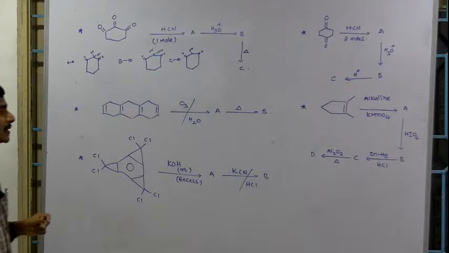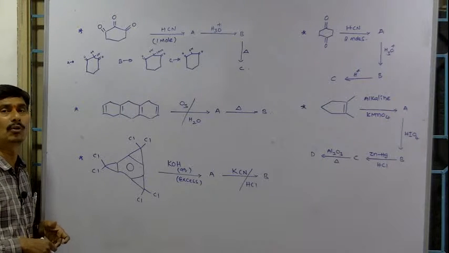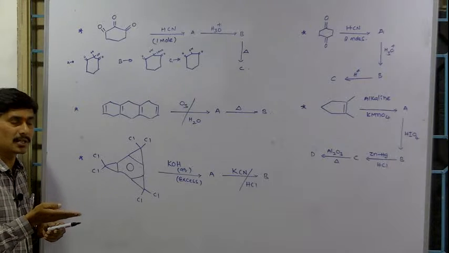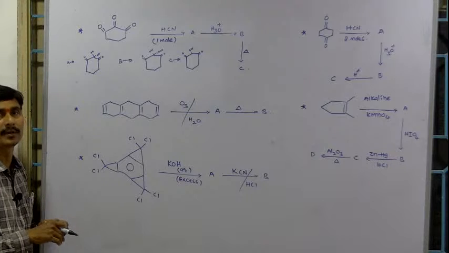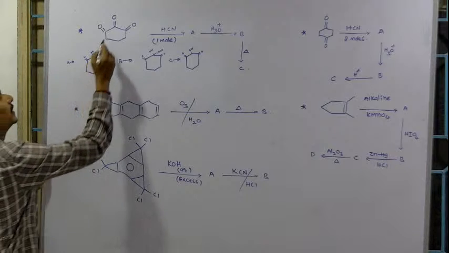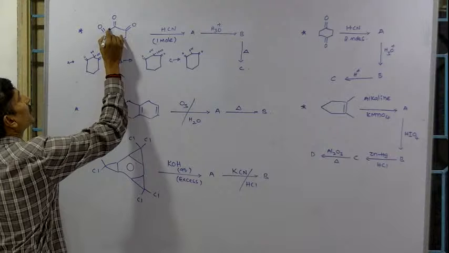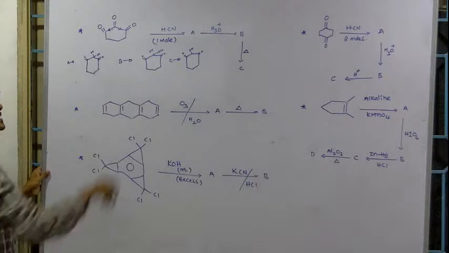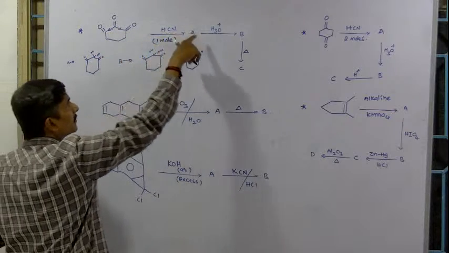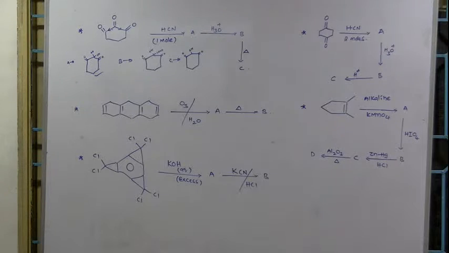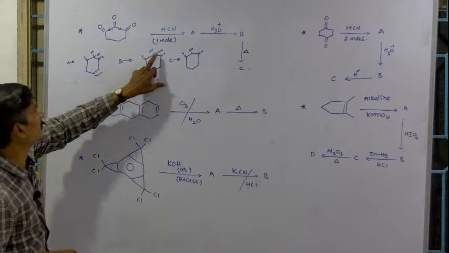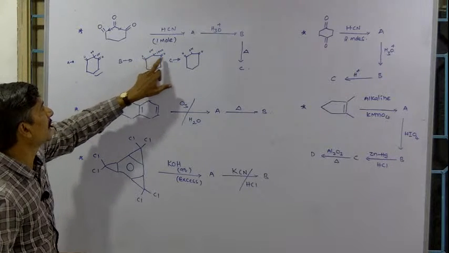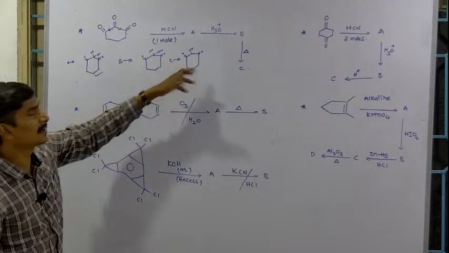Generally, in carbonyl compounds, the addition reaction takes place at the more electropositive center of the carbon atom. Whichever group increases the positive charge on the carbonyl carbon atom, that carbon can get involved in the reaction first. These two are electron withdrawing groups, so they pull the electron towards themselves. So the positive charge at this carbon atom is maximum. The center carbon atom reacts with HCN to form the cyanohydrin, which on hydrolysis will convert into carboxylic acid. Now it is alpha, it is beta. So alpha, beta keto acid on heating